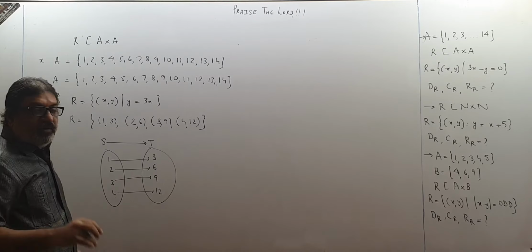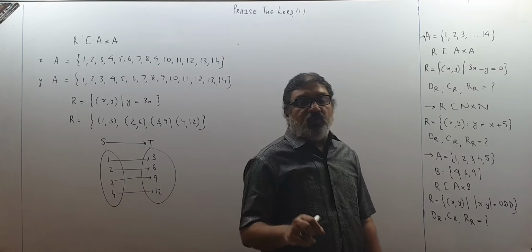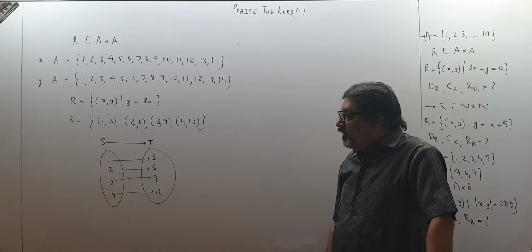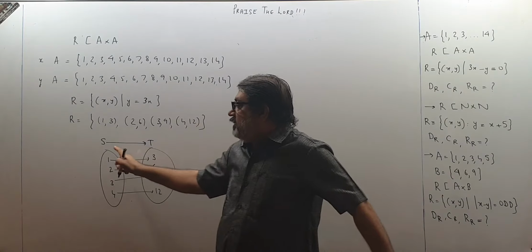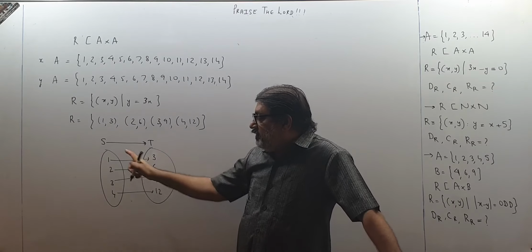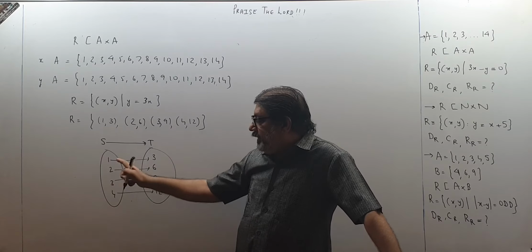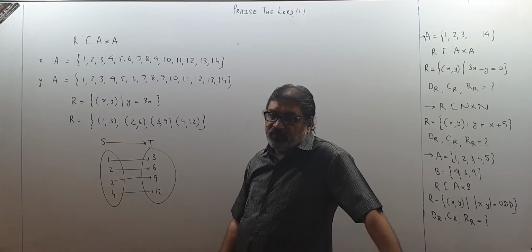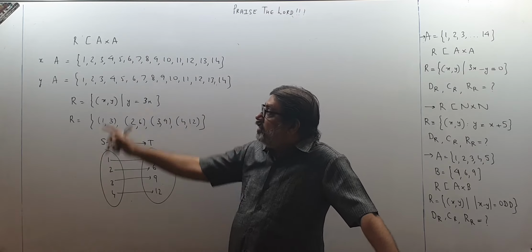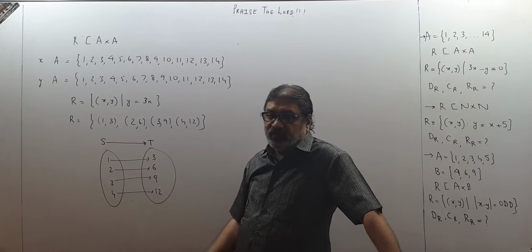Now please understand carefully children. What will be the domain, what will be the codomain, and what will be the range. Domain and codomain we will not pick up from here, please remember. These numbers will form the domain. So domain is 1, 2, 3, 4. Codomain will be A. This will be codomain. And this will be range.